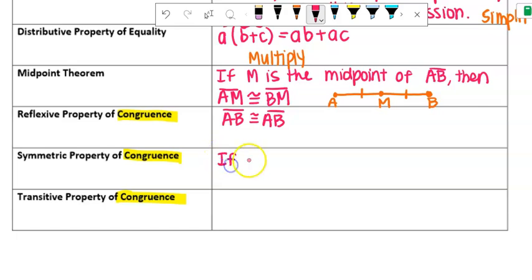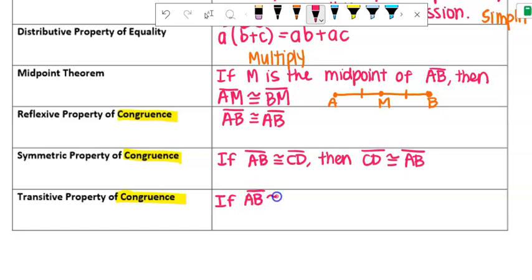Symmetric: if we have that segment AB is congruent to CD, then we have CD can be congruent to AB. They can switch sides. Just like we can write an equation with flipping sides, our congruent statements can switch sides as well. Okay, and then transitive, if AB is congruent to CD